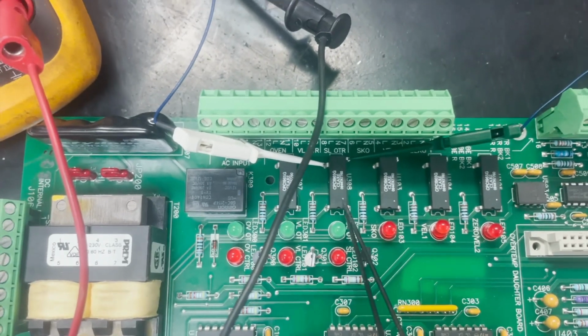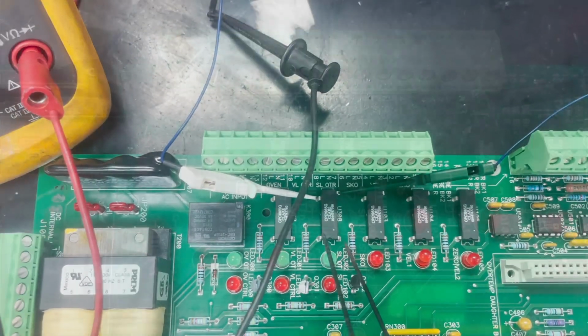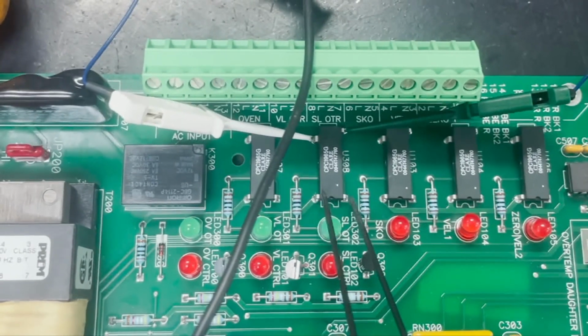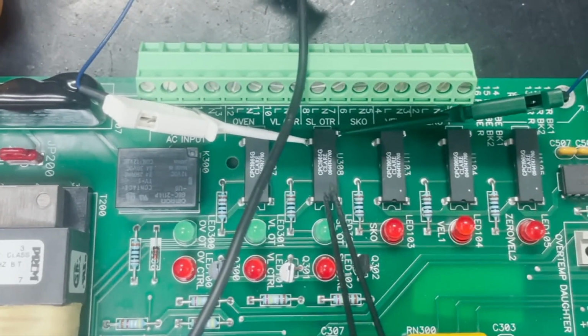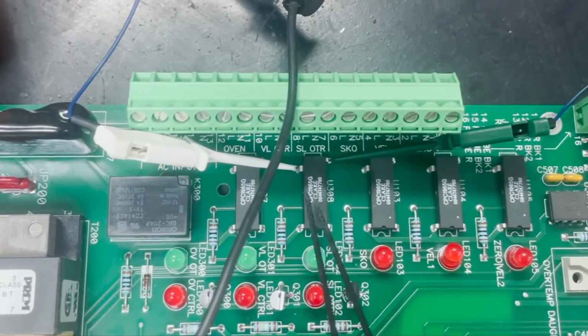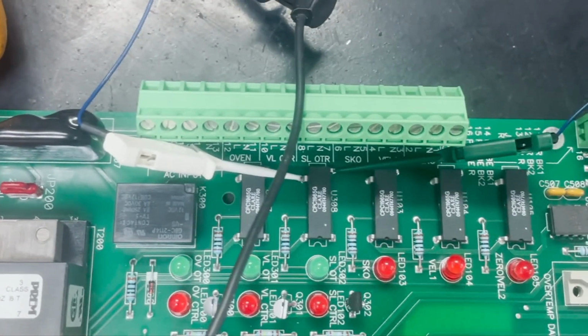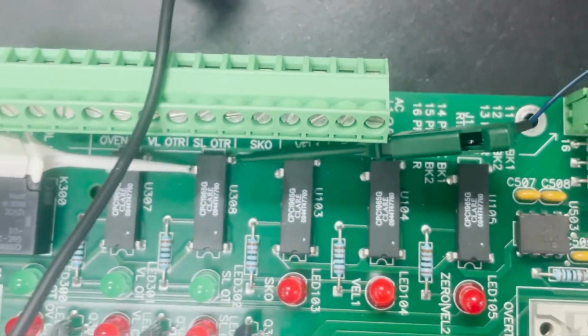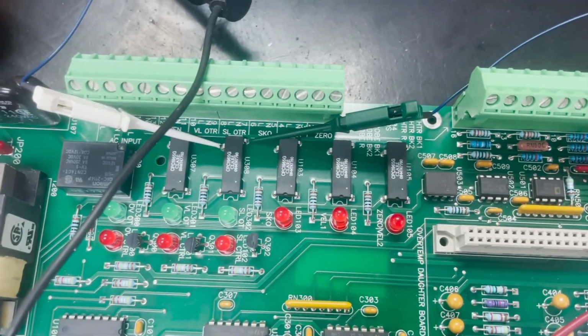You can see that whatever shorted this particular IC did not short the diode internally, which is a factor of the IC being electronically isolated internally. And this is one of the strengths of this particular component, that it didn't damage anything else on the load side. So this component will have to be replaced and other components checked throughout the board and then repaired. Then this repaired board will be shipped back to the